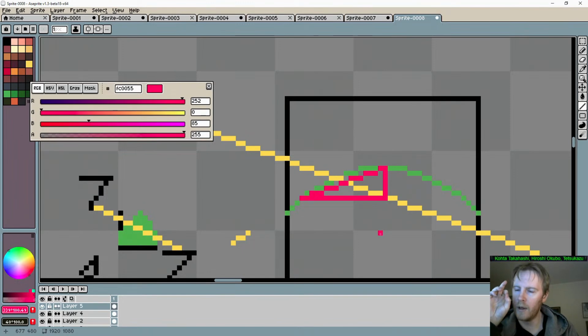And then we have the high point of the curve. And if we then just go and